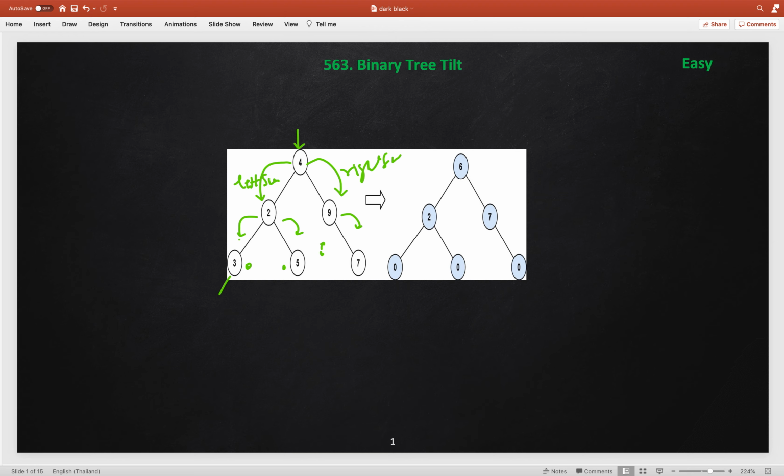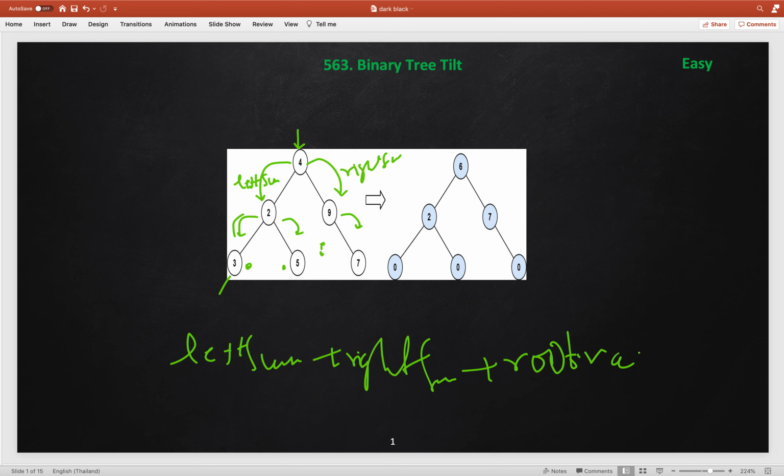Once it is 0, this will pass the 3 to this. So we will pass whatever the left sum of that node, plus the right sum of that node, plus the value of that node, the node we are processing, let's say root.val, the current node we are processing, we will return this. So this will be the total sum below this node and including this node's value. So this will return 3 to this guy, and this guy will return 5. So 3 minus 5 will become 2. So here it is 2.